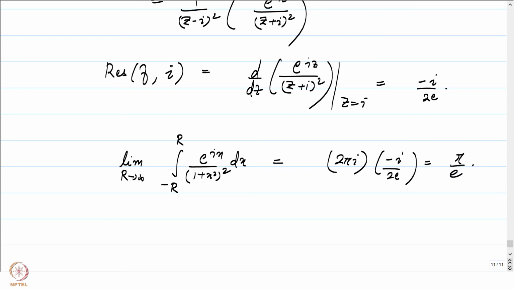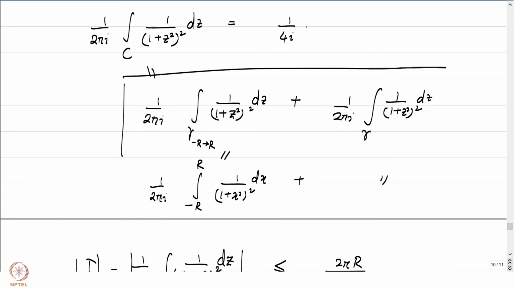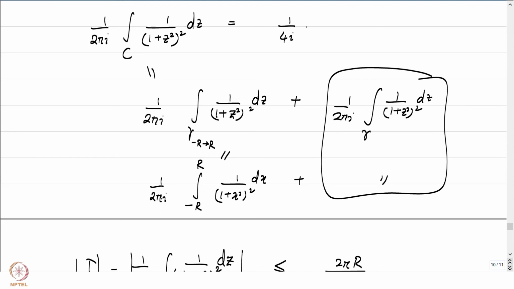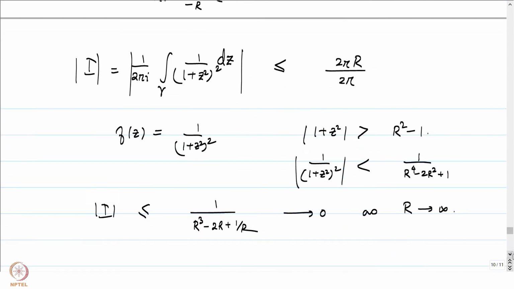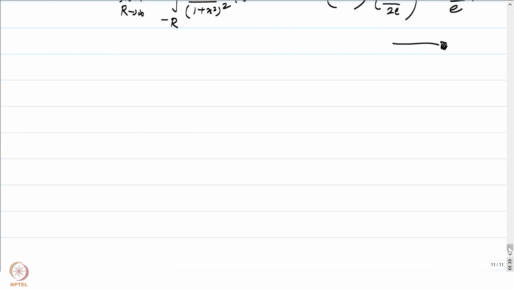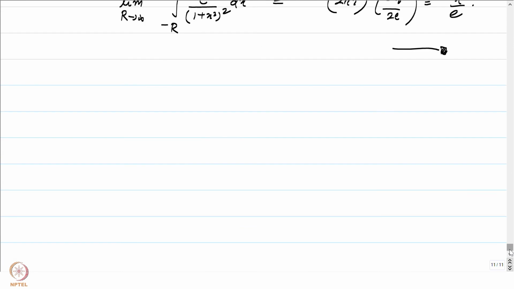So I have rushed through this particular problem to obtain a solution. However, the idea is that it can still be broken up into these two curves with an e to the power iz featuring at the top, and the second term here will converge to 0 as r goes to infinity in the exact same manner as it happened in the previous problem. And the first term is what we are interested in, that is going to be exactly equal to pi by e. Let me conclude this problem session by an application of Rouche's theorem along with many other things.